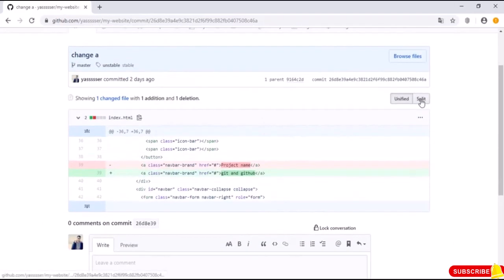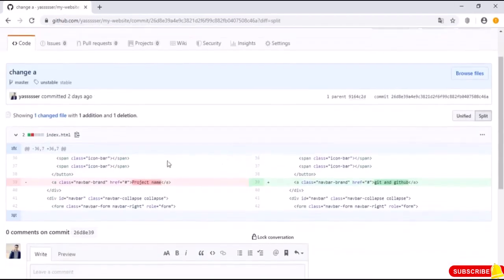Let's say split, to be more visible. So now this is the commit, change A or change the anchor. So this commit is basically this, and this is its previous commit, or the commit before it. So now it shows us